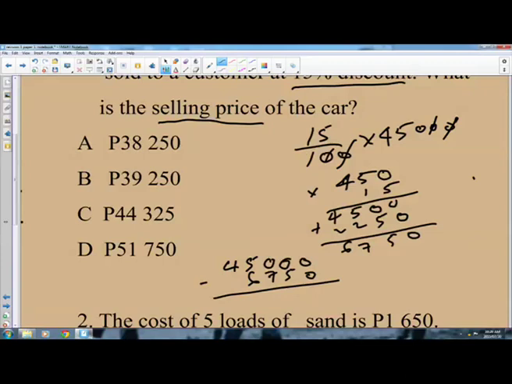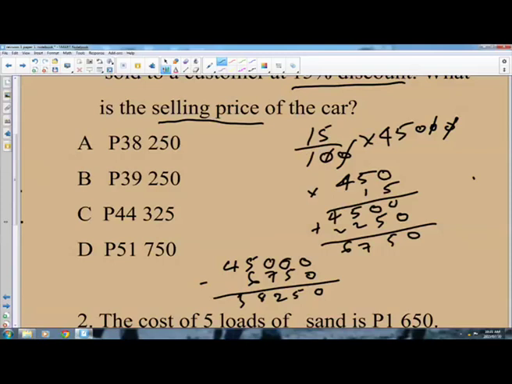0 minus 0 is a 0 here. 0 minus 5, we cannot subtract 5 from a 0 there, so it means we are going to borrow 1 from the 5 here. When it gets to this 0, it is 10, then borrow another 1 there, it becomes 10 that side. So it's 10 minus 5 is 5. And remember, we no longer have 10 at this 0 here, but a 9. Then 9 minus 7 is a 2. And then here we got a 4, but we cannot subtract 6 from 4. So we'll borrow 1 from the 4 here, so that we got 14. 14 minus 6, it's 8. And then here we are remaining with 3. So the answer that we are having is